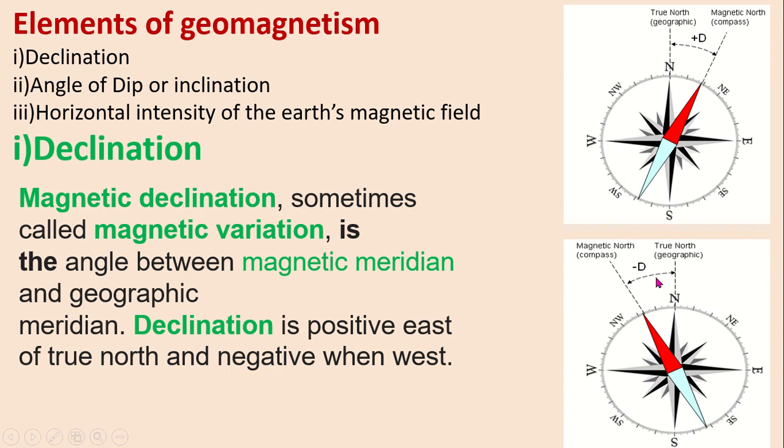then the declination will be negative. And sometimes this type of statement can come in the exam, that the declination angle of Dhaka is half degree east. What does it mean? This statement means the axis of a freely moving magnet makes an angle of half degree with the geographic meridian from the magnetic meridian, and its north pole is in the east of the geographic axis. Dear students, this type of statement is given in your book. You must memorize it, because as a B number question that carries 2 marks, this can come into the exam.